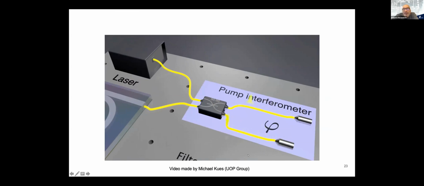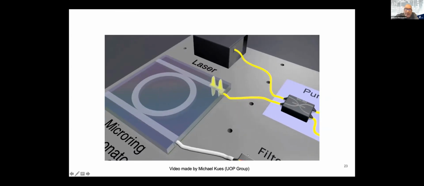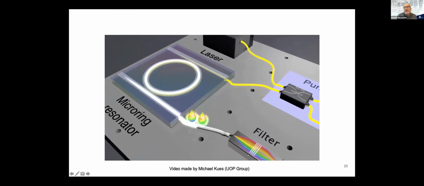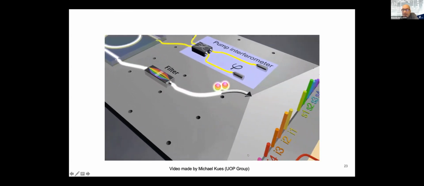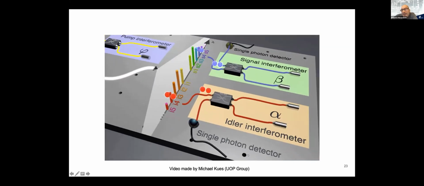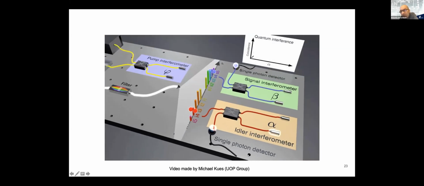So you have this unbalanced interferometer. So you create those 2 pulses. And basically, you can create several frequencies through spontaneous four-wave mixing. And then you multiplex them. And you can characterize them by using another 2 identical unbalanced interferometers, but with a different phase change. You can do typical measurements, which are quantum interference and tomography.